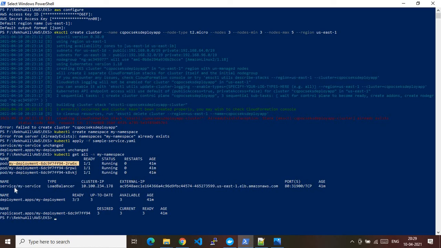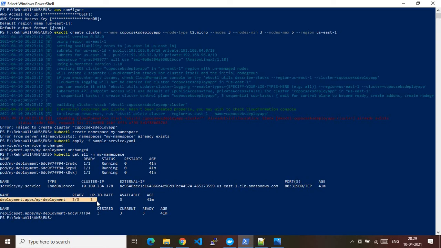And after that, the service. This is my service detail. Here is the name of the service and the type is LoadBalancer. This is the internal IP and the external IP, the external LB, that is the FQDN, which is this one, and it is exposed on port 80. Yeah, port 80, that is the HTTP TCP port.